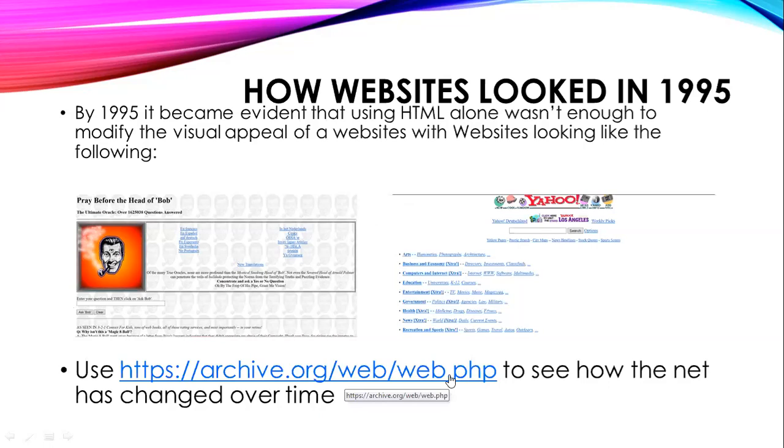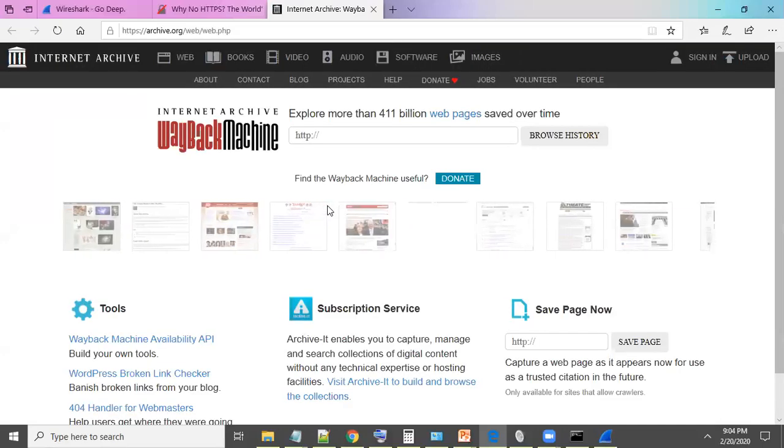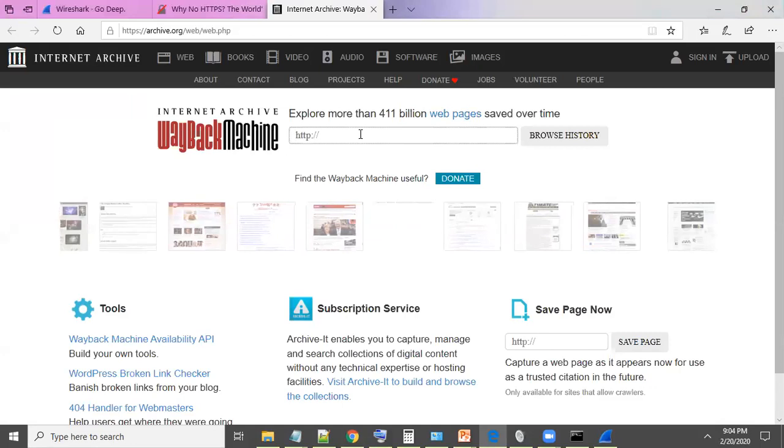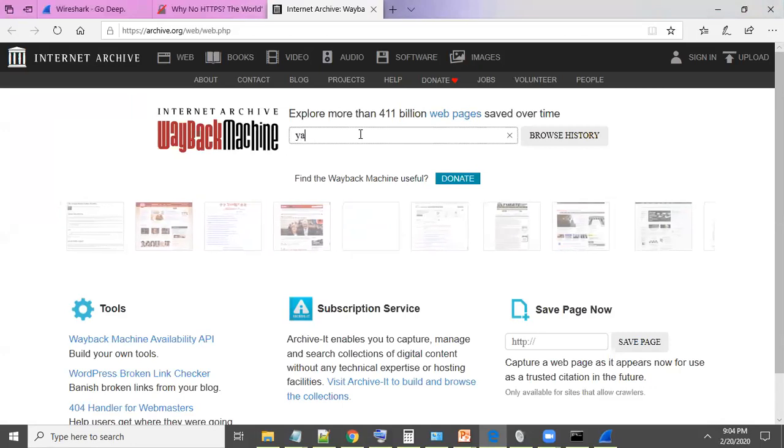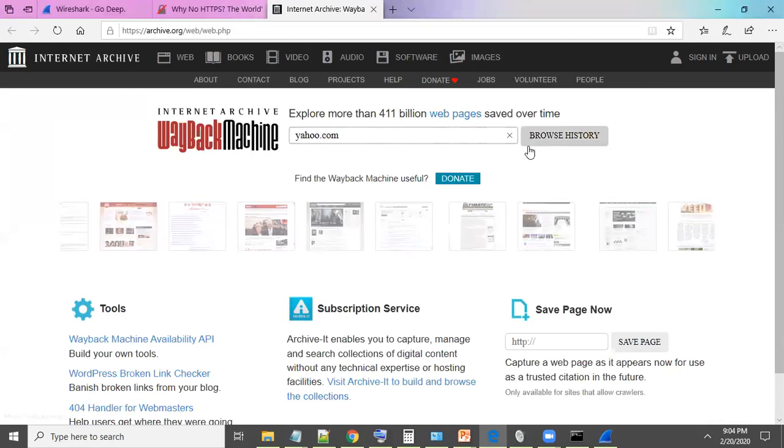If you're ever curious of how the websites looked back in the day, there's something called a Wayback Machine, which has archived the entire internet as it has progressed over time. You could click on that and take a look right now. Wow, that's interesting to see. Yeah, it's pretty cool, right? So then let's look at a website. Is there any websites you remember from 1995? Let's go to Yahoo. Yeah. Right.